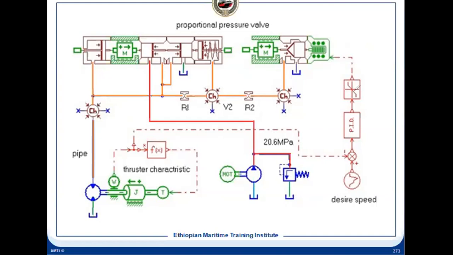If you see, this symbol is ramp control. It means it is not step control. There are two types of control we have already covered: one is step control, one is ramp control. Ramp control means the rate of increase of the output signal will be equal. So slowly it will increase. It will not be step-like, this and then this. No. It will increase or decrease following this line, and that is a dead position